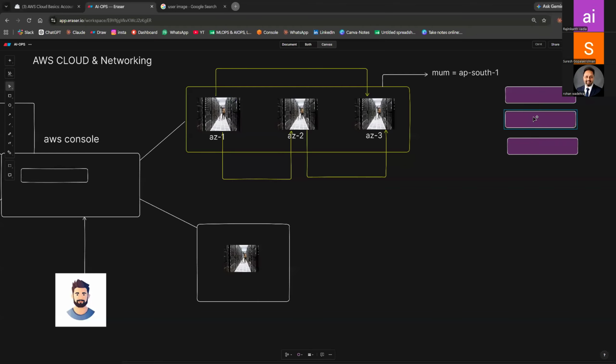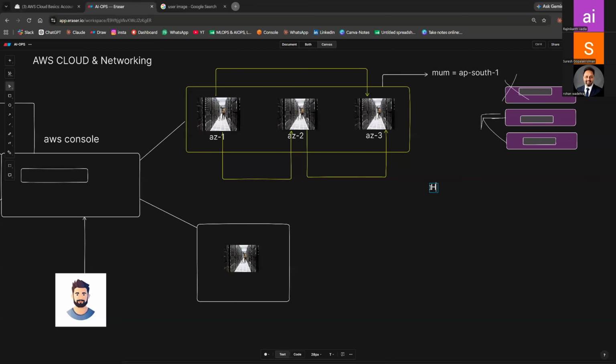Three servers in three availability zones, and you are running your application in all of them. So if one of the servers got affected, the other two servers are still giving service to your users. That is the high availability concept.